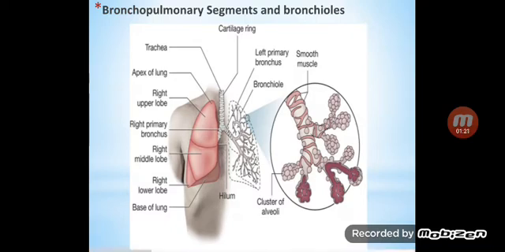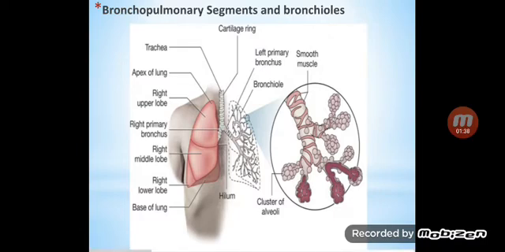On the right side, the right bronchus will be divided, just before it enters the hilum of the lung, into the superior lobar bronchus or arterial bronchus,